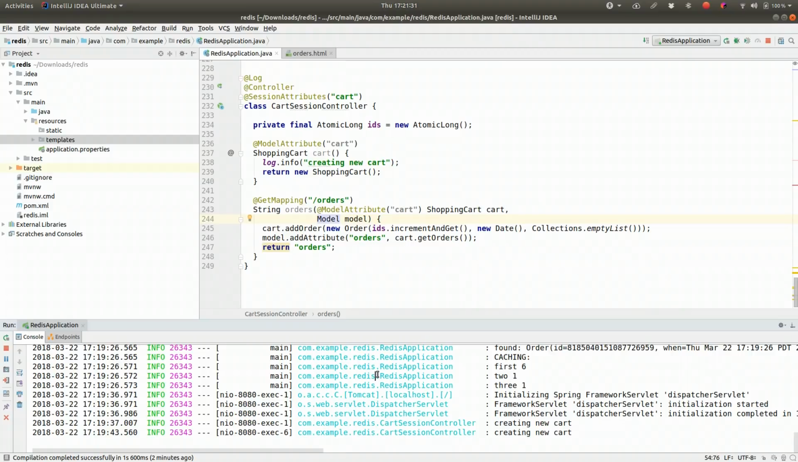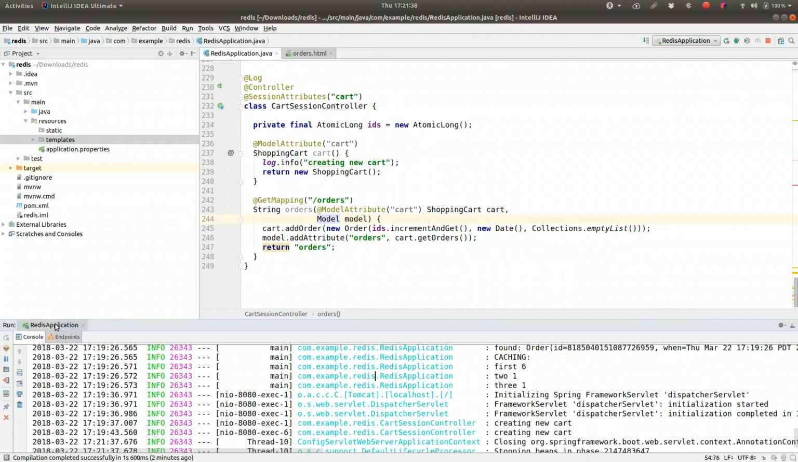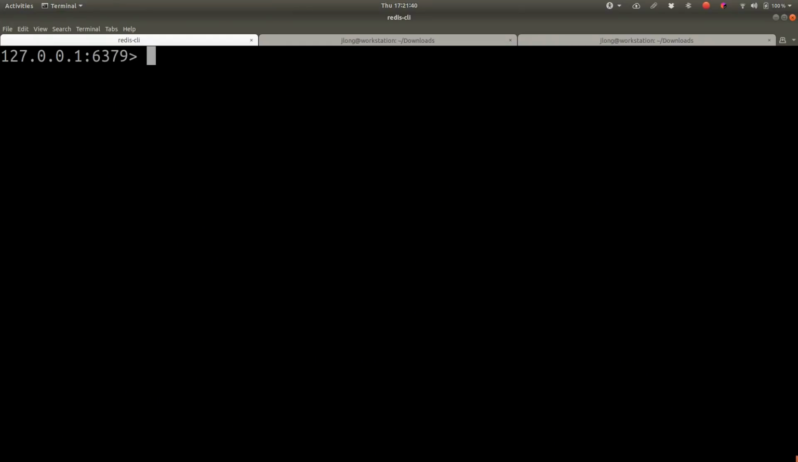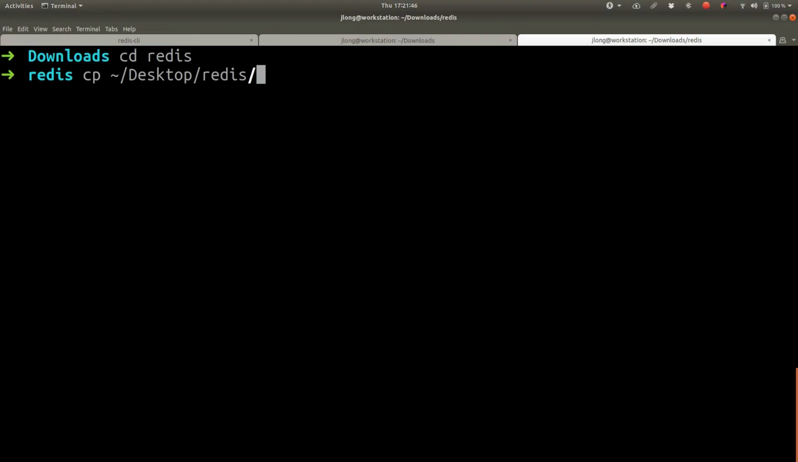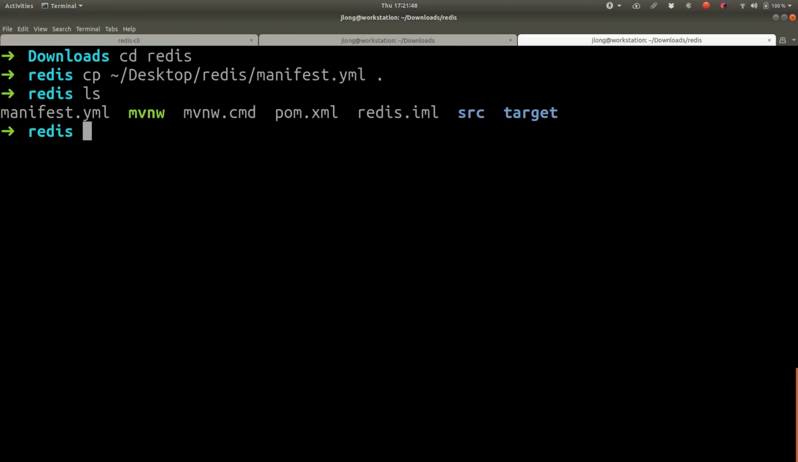Okay, so now that we've got a web application, with a number of different use cases demonstrated here, I think we should deploy this. All right, so I'm going to take this application and add a Cloud Foundry manifest to it. So cd redis, copy the desktop Redis manifest here, and if I look at the manifest,